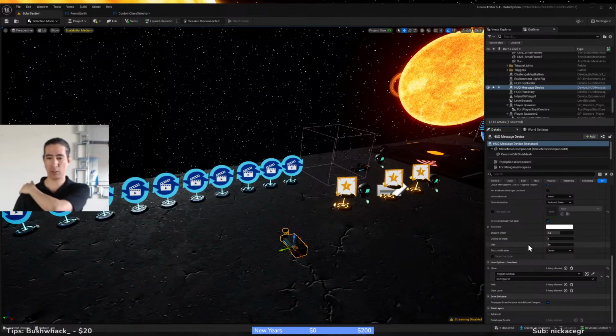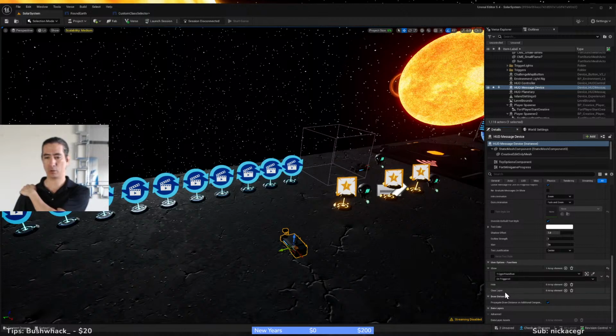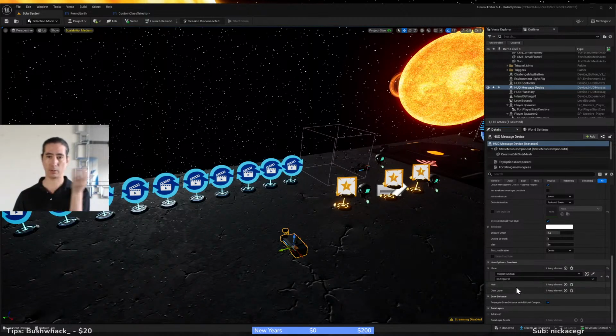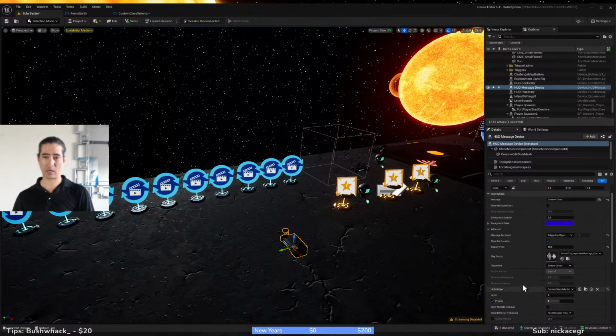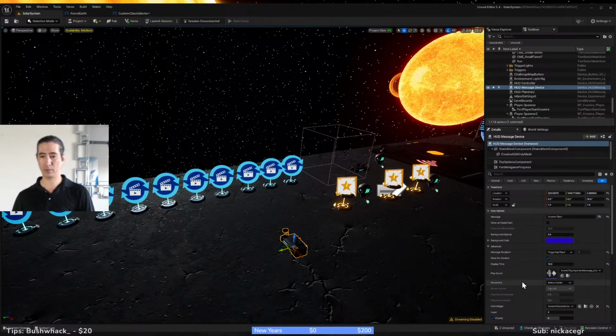Basically, the biggest thing for me that I had to learn was using these array elements down here on devices. You know, like show, hide, clear the layer, which would allow another message later on to show up, which is a whole other bag of worms. But that's the basics of how I would do it, right?